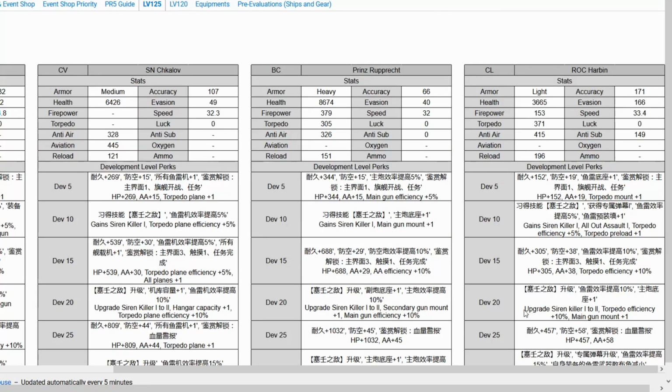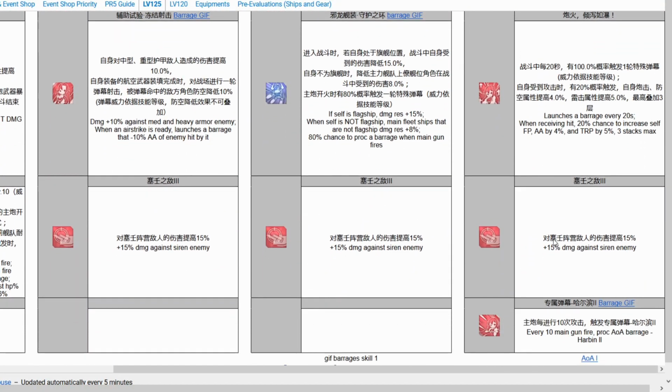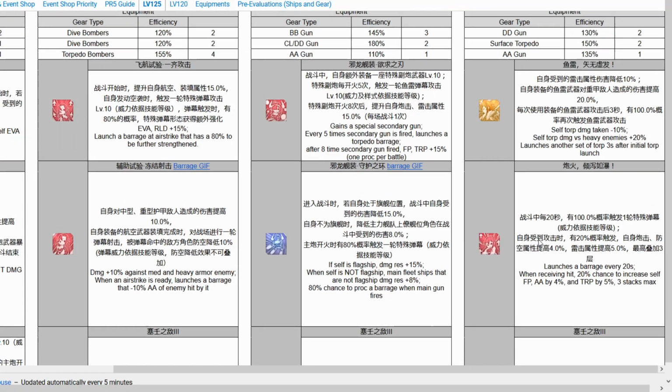Lastly, we have Harbin, who's pretty much just a destroyer in disguise. She's got reduced torpedo spread, which is something unique to destroyers, and she's got strong torpedoes as well, and 10 shots to proc her all-out assault, which is usually reserved for single gun destroyers, but she has 2. Overall, her damage looks to be really good, but